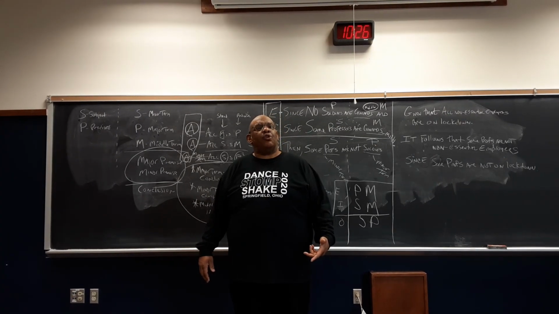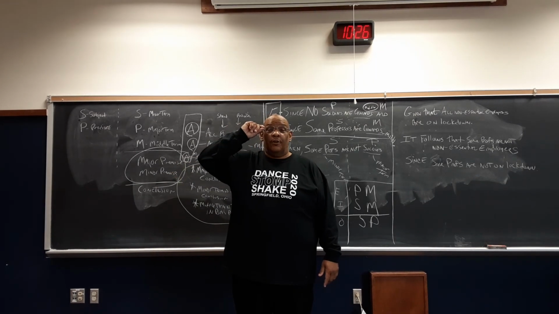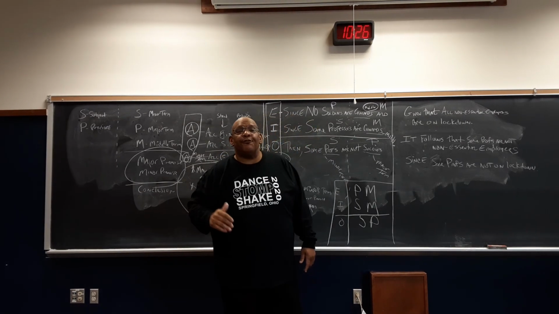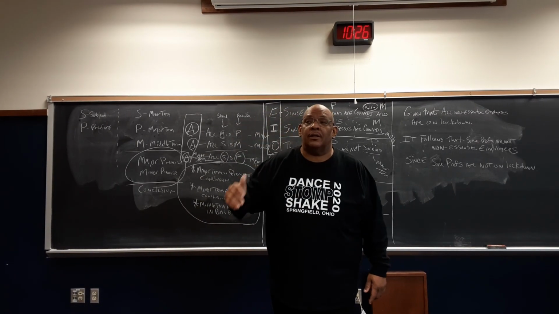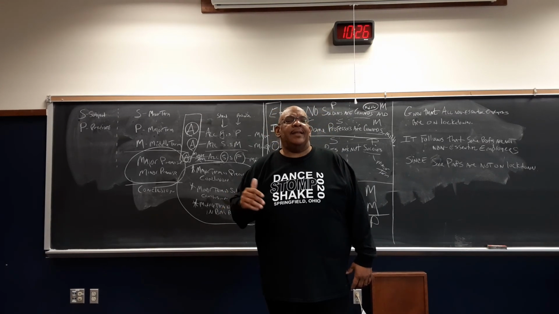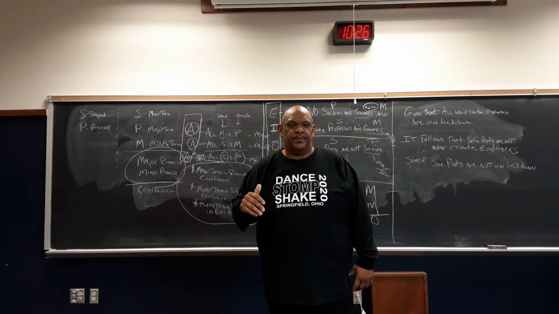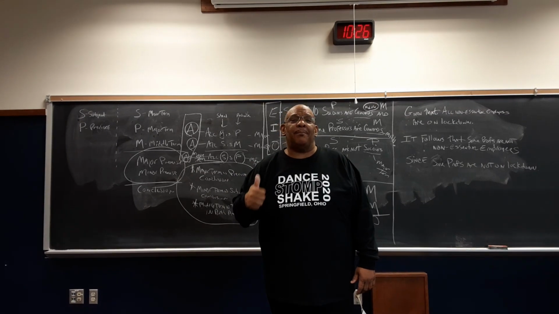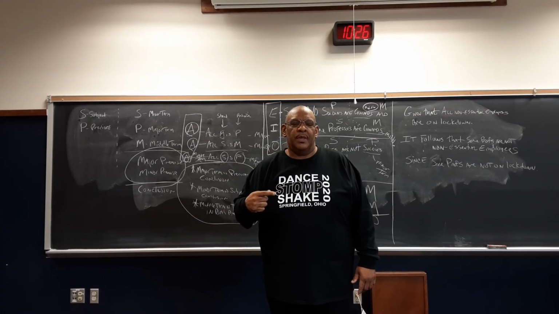But in categorical syllogisms, the S and P still stand for subject and predicate, but they also serve a dual role. The S and P get a new friend called the M. Now the S stands for the subject of the conclusion. The P stands for the predicate of the conclusion. And the M stands for the term of the argument that is in both premises. These S, P, and M have names. The S is the minor term. The P is the major term. The M